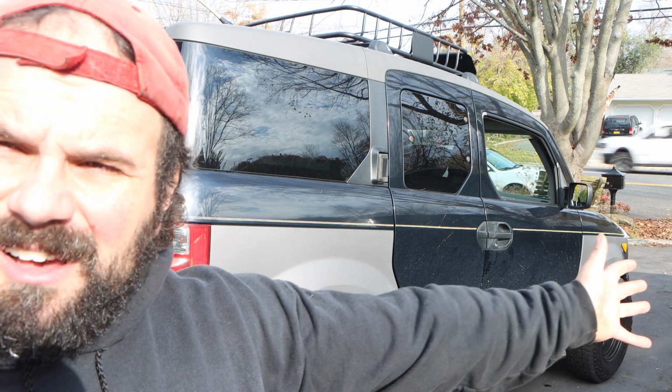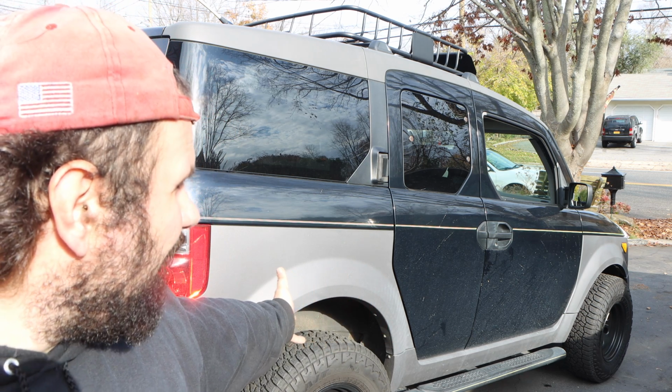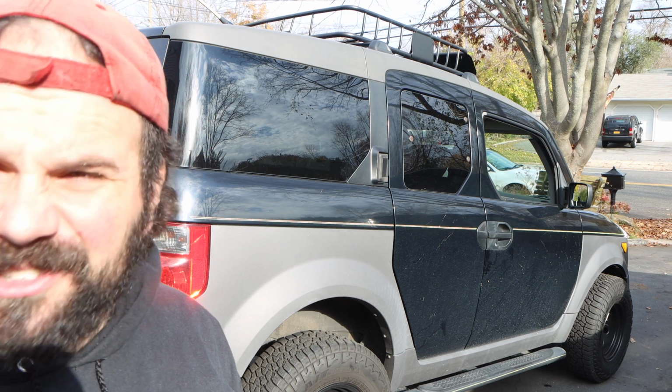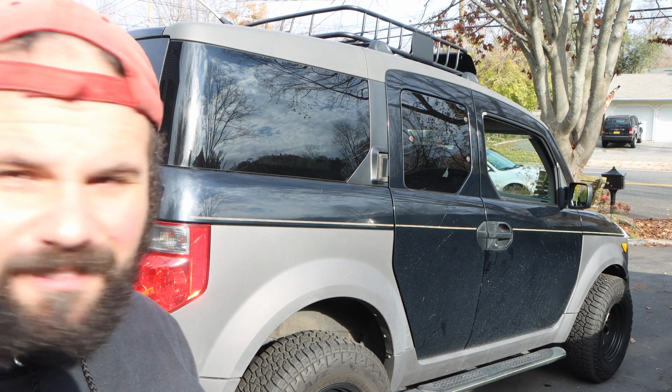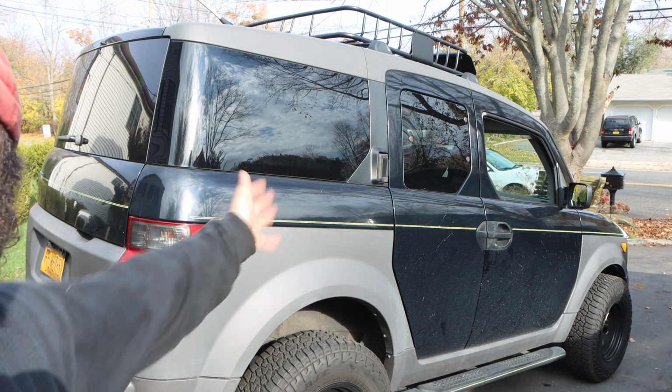Number 2, Mandingo. I've been riding trucks my whole life. This is probably the only vehicle that I own that has more tire than rim and has some sort of comfortable suspension. Mandingo and all my other trucks are not set up for that, so I could care less in that retrospect. The reason why I'm doing this is one,